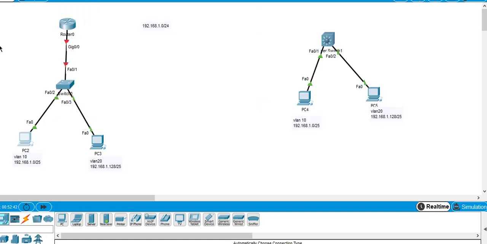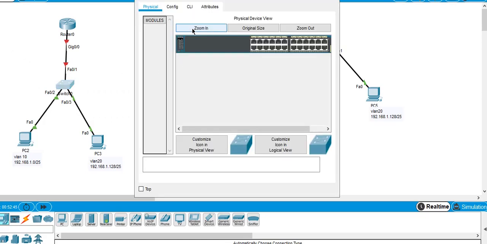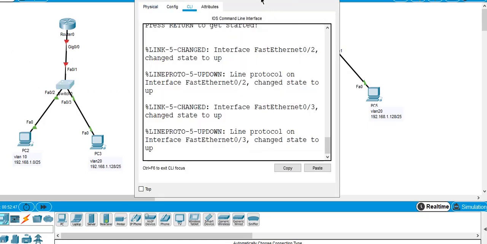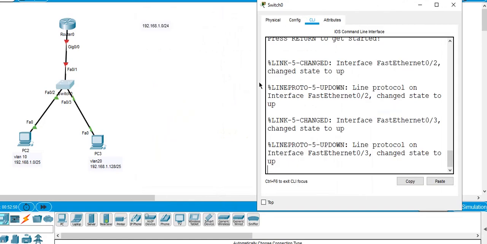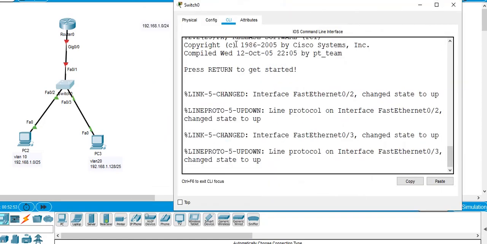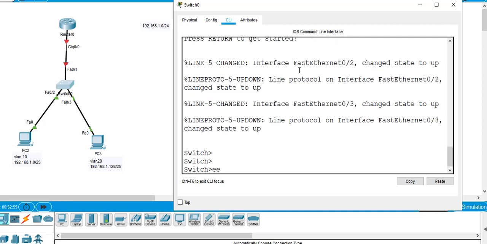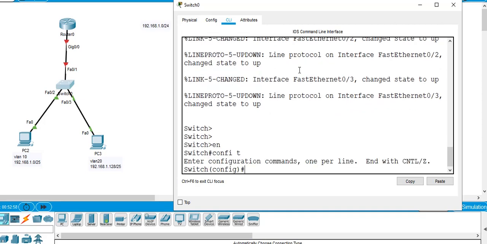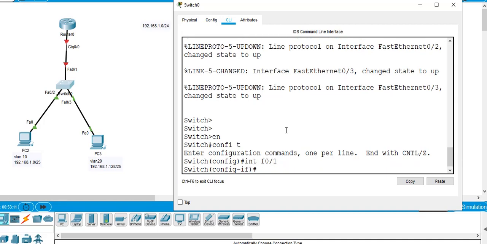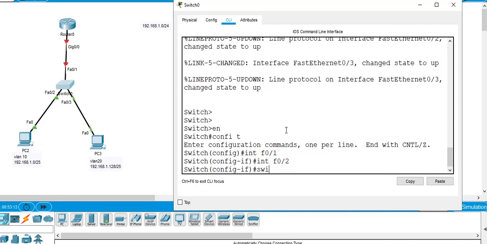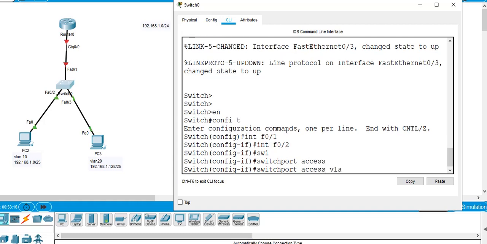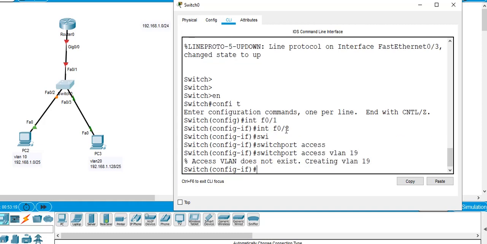So the first configuration I'm going to do will be on this switch. I'm going to draw this here now. Ignore this other diagram on the right. So I'm going to enter enable, config t. Now the first interface I want to go into is my F0/2, which is connected to PC2 on VLAN 10. I'm going to go to interface F0/2. So I'm going to do switchport access VLAN